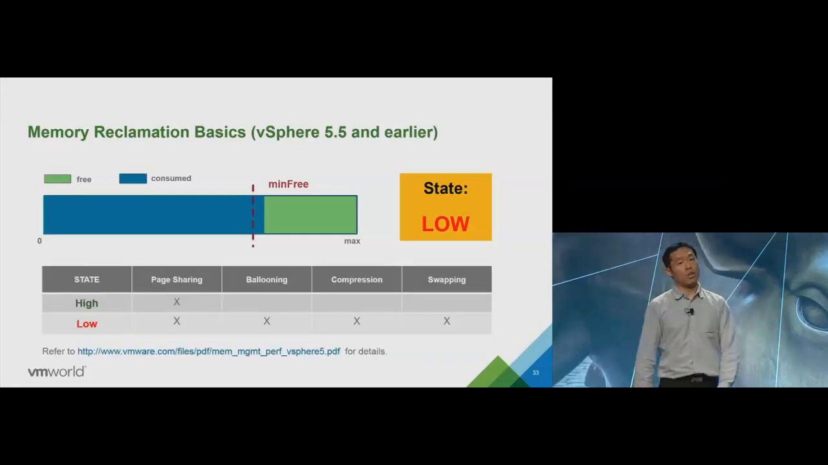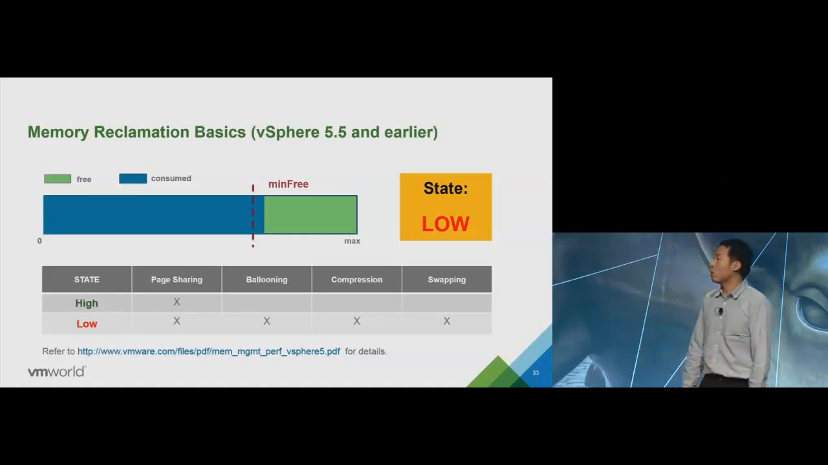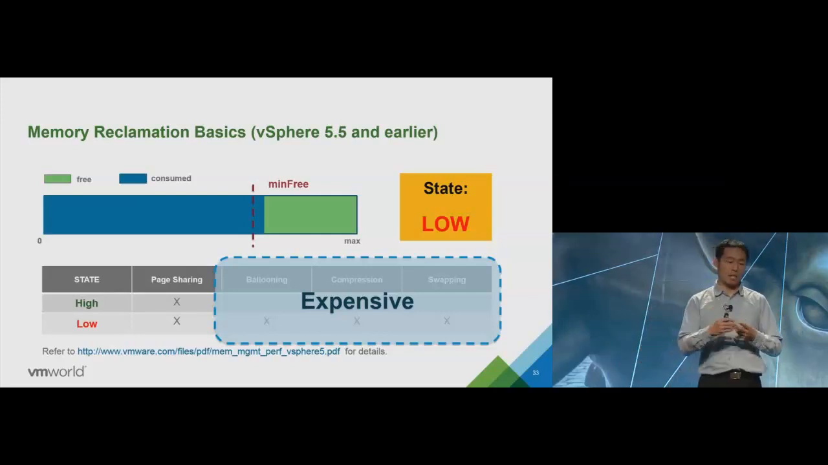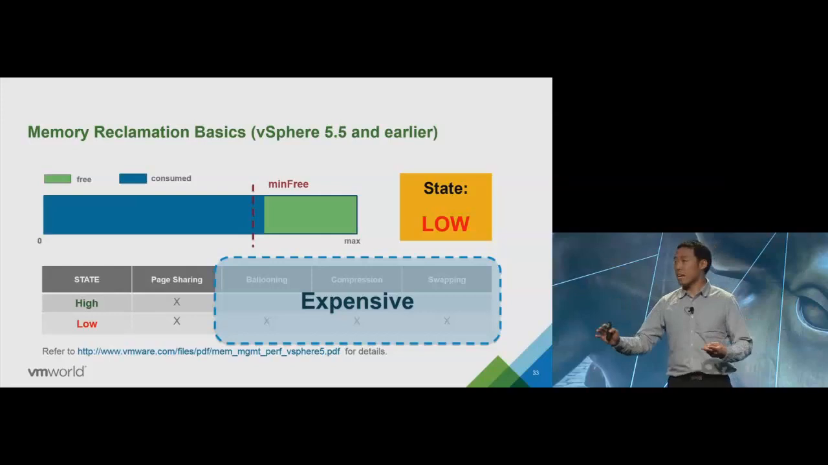In high state, we only use page sharing to reclaim the memory, while in low state, in addition to page sharing, we also use ballooning, memory compression, and host swapping to reclaim memory from the VM. And compared to the cost of page sharing, those three techniques are pretty expensive. I'm not going to talk about all the details about the different memory reclamation techniques and different memory states, due to